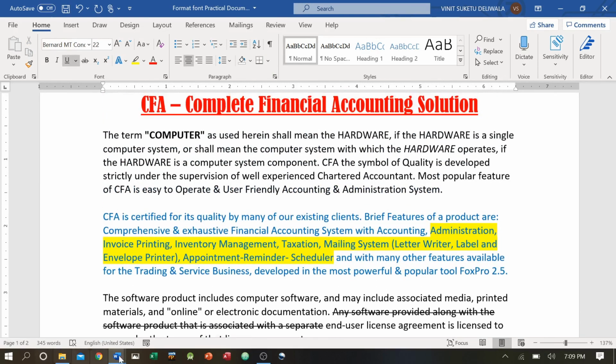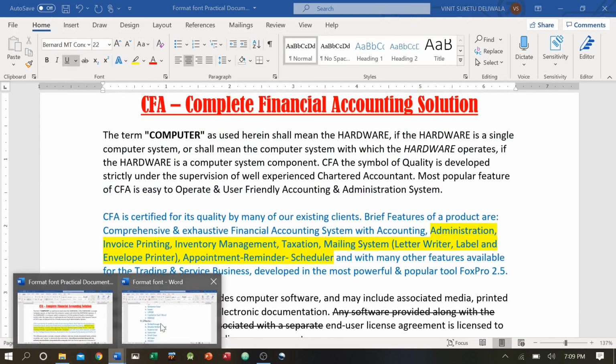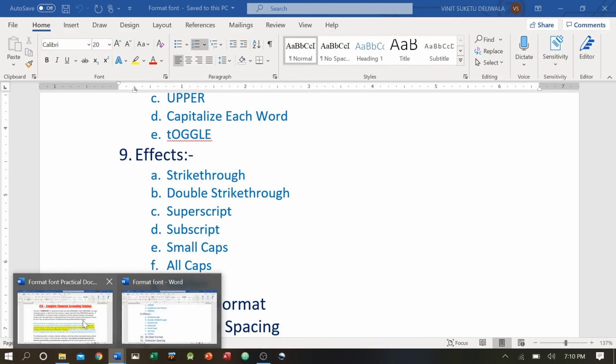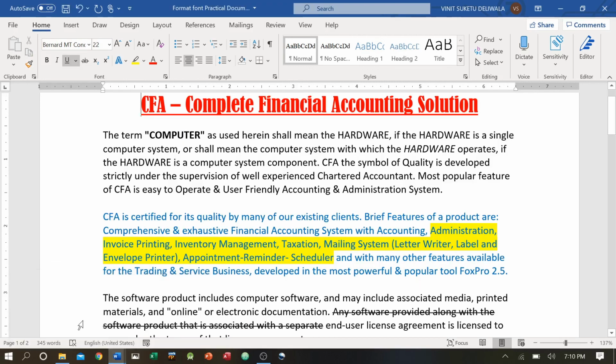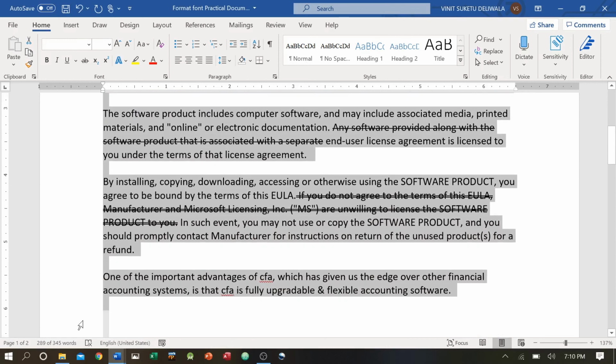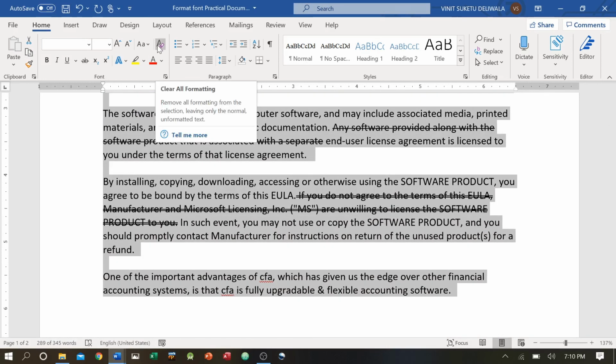Okay, so this is all the effects given in format font. We have done strike through, double strike through, superscript, subscript, small cap, all cap and hidden. And the next is clear all formatting. For some reason, if you feel whatever you have done is not required, you can select all the part that you want to remove and click here.